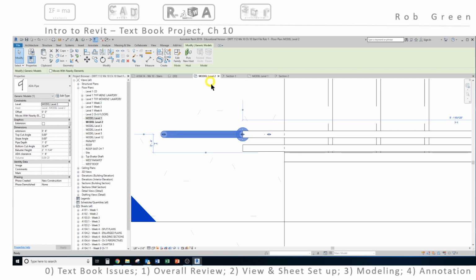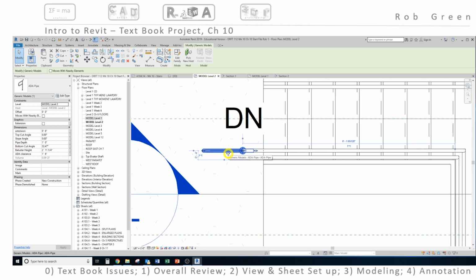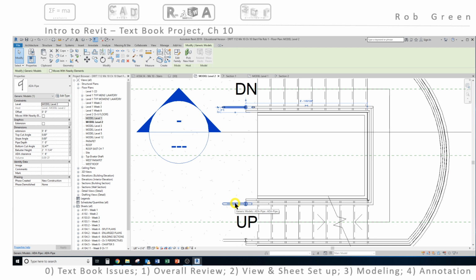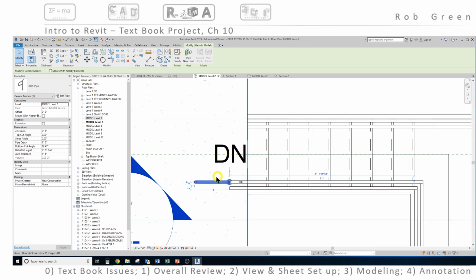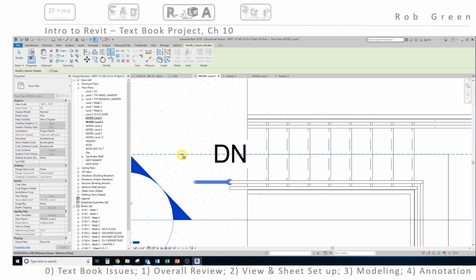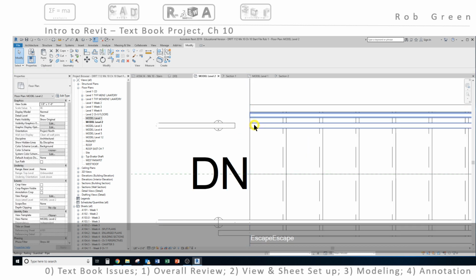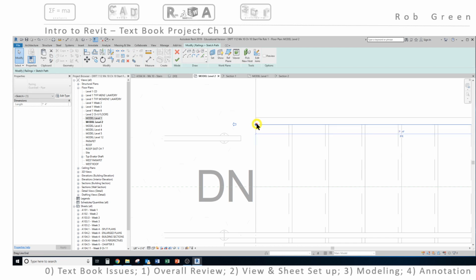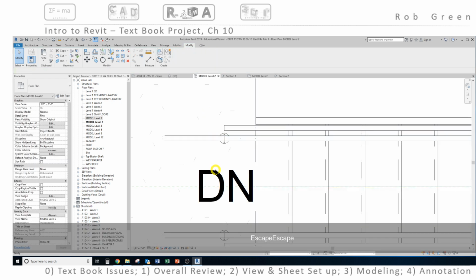So now I go back to my level 2, and I'm confident that this is in the right place. I'm going to call it north and south. It's at the right elevation in Z, and it lines up east and west with these pipes over here, which is going to be important in our next step. I'm now going to mirror this first ADA pipe around the center of this flight of stairs, and I will extend this railing sketch line the same distance as all the others,